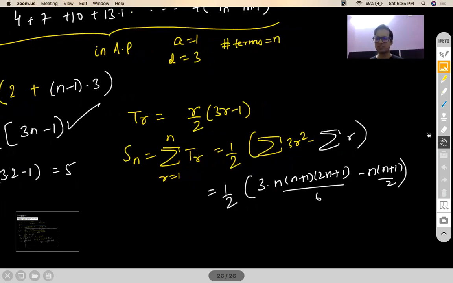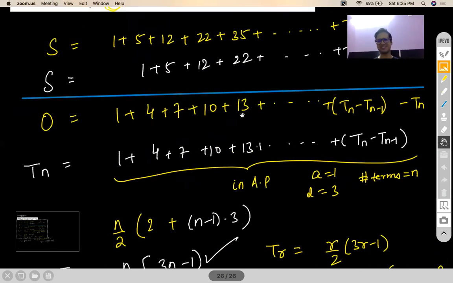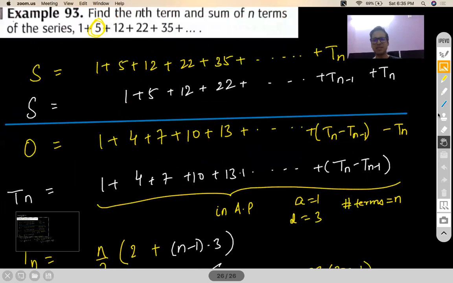First of all, whatever I have done with this problem. Okay. Now, I'm sure most of you would be having this question. What if the difference did not give me an AP? Correct? But the difference of the difference gave me an AP. Right? So that is one question that comes in your mind. Second question, what if it gave me a GP? Right? All those things will be coming in your mind. All right. And if at all those things are happening, is there any shorter way to solve the question? Because right now I can see this process is too lengthy.